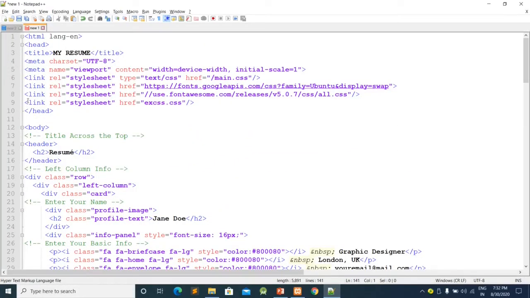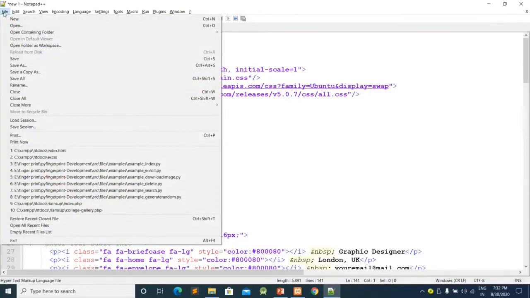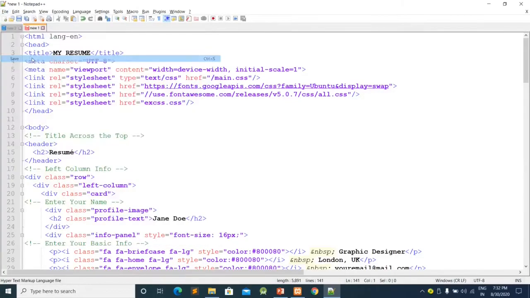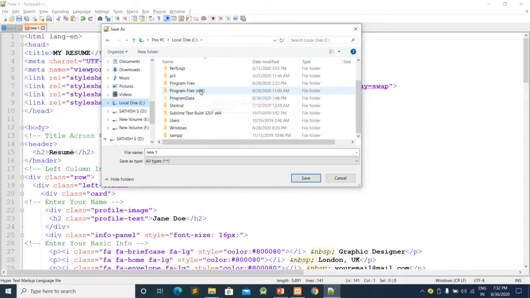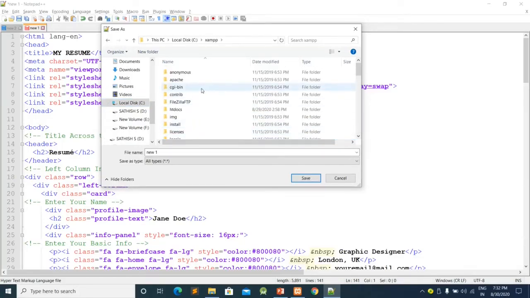Now the next step is to save this HTML file. I have installed XAMPP in C drive, so I will go to C drive and find the XAMPP installation folder. You can see here there's a folder called XAMPP. I'll open that folder. Inside that folder I'll see the htdocs directory.